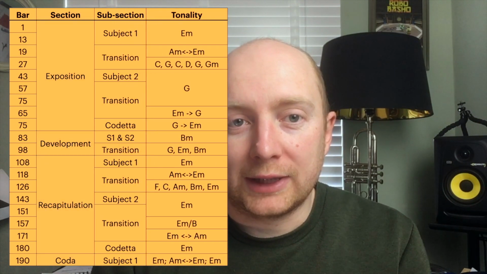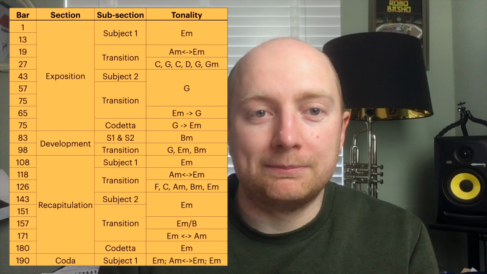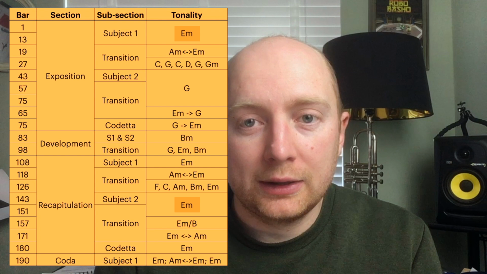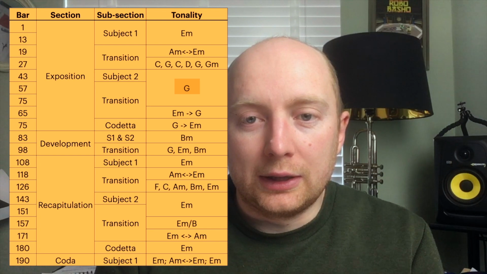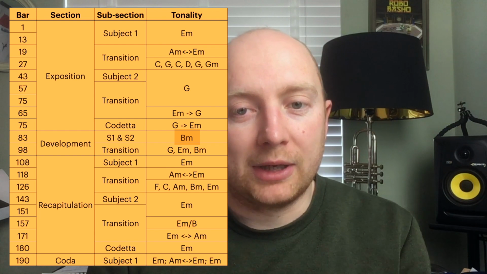Thinking about tonality, it was aesthetic for this period to use closely related keys, and that's what Mozart does. On a larger scale, Mozart follows a typical modulatory schema for sonata form. The work starts, as I've said, in the exposition, in the key of E minor. For the second subject he then moves into the relative major of G, and then for the development he moves again into the dominant minor, B minor. A typical strategy of this time, many works including sonata form movements start in the home key, modulating elsewhere through middle sections of the composition, usually to the dominant key or relative major, which is what